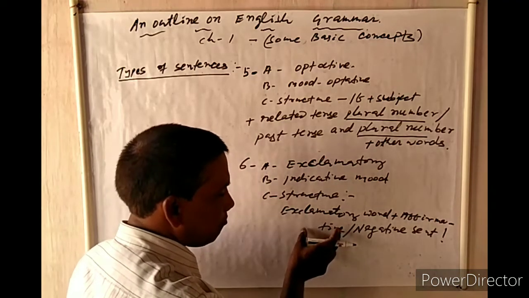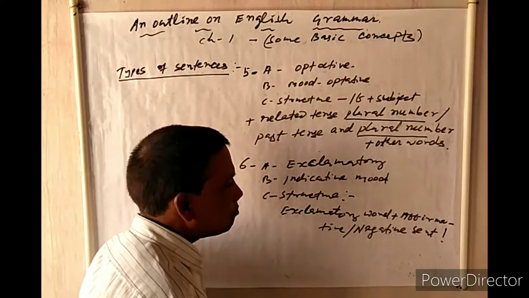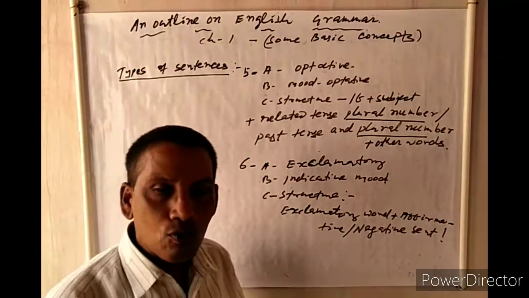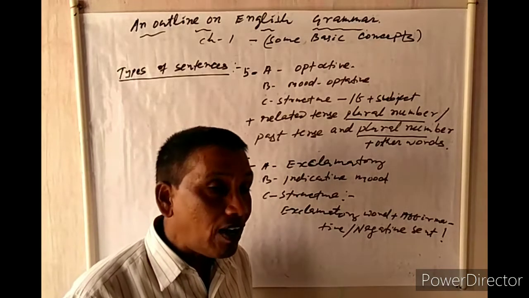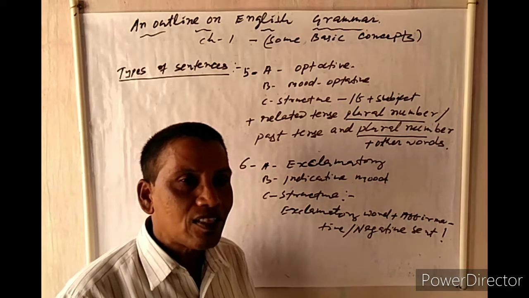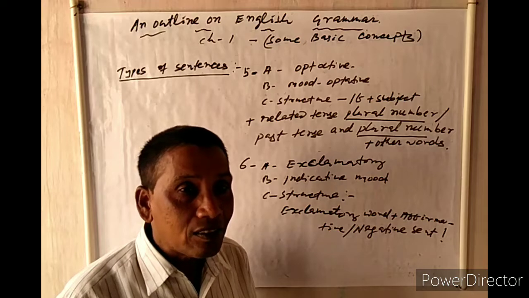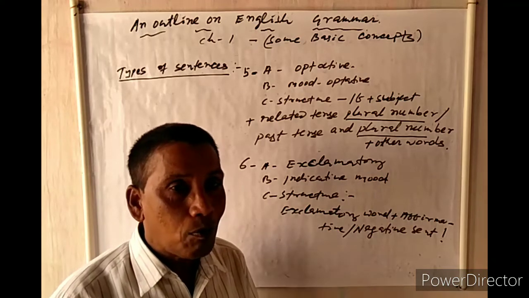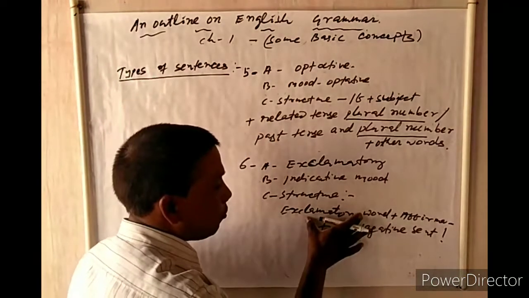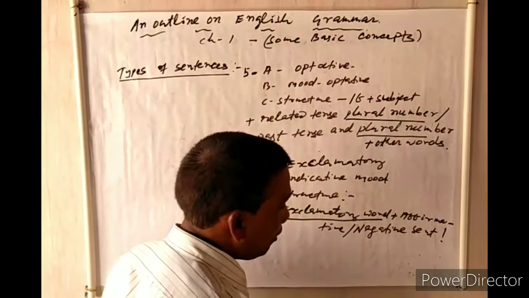I've already mentioned exclamatory sentences are some reaction type sentences. Sometimes we find ourselves in different types of situations, and suddenly some expressions come out of our mouth. Like suppose you are surprised: wow, wonderful, excellent, great. These words come out from your mouth instantaneously. So grammatically this word is not important. This exclamatory word is just an expression,